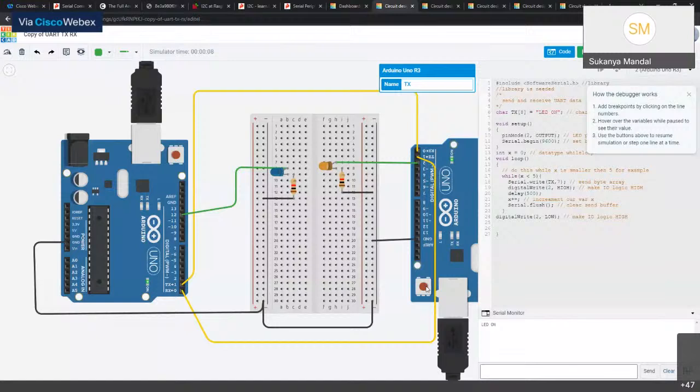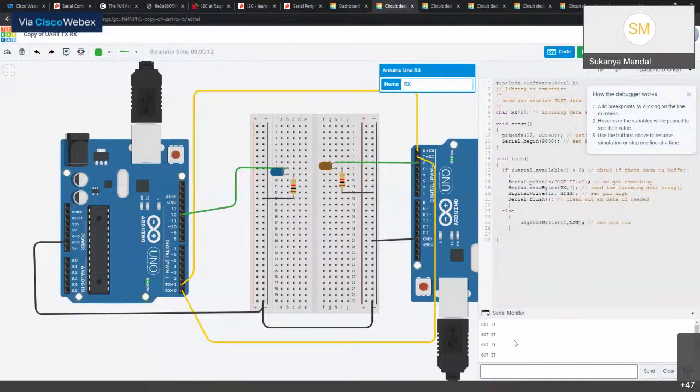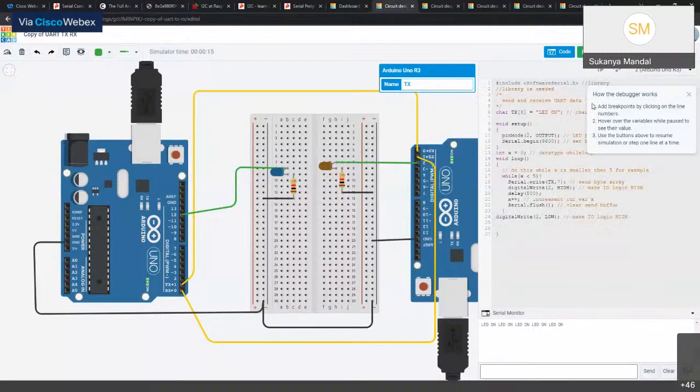I'll just reset this and start. You see, LED on, LED on, LED on, LED on, until 5 times. And also on the receiver side, we receive 5 signals that say "got it, got it, got it, got it." Now if we change the code slightly to, let's say, 10,